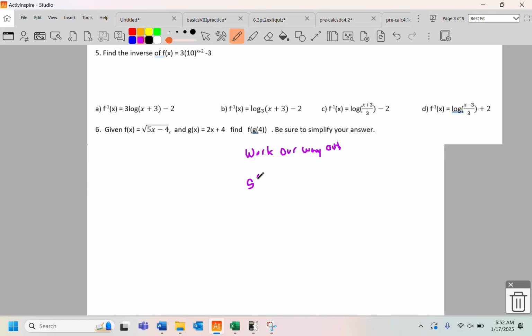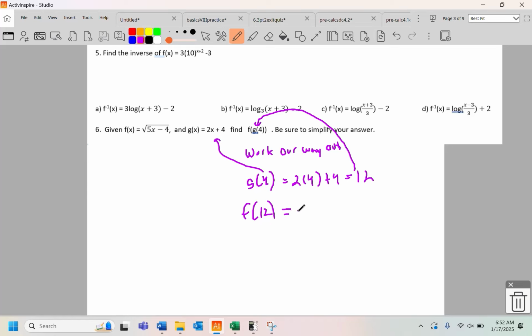So we're going to find g of 4. We're going to put a 4 right there. It's going to be 2 times 4 plus 4, which is 12, because 8 plus 4 is 12. And now we're taking that 12 and using substitution, and we'll now find f of